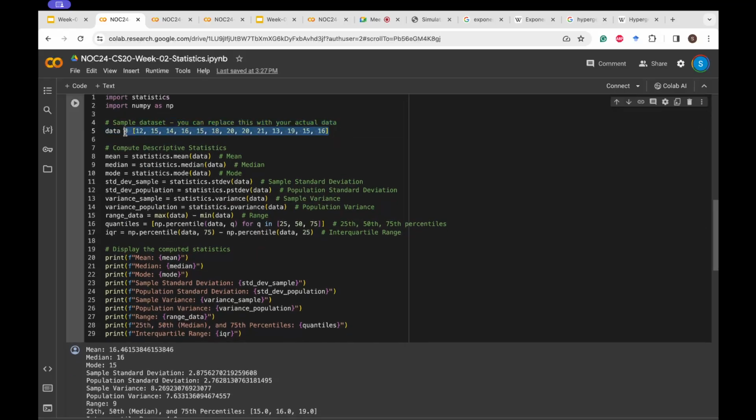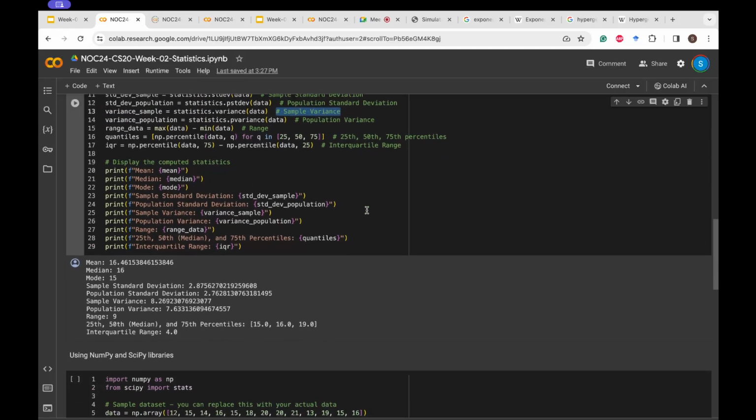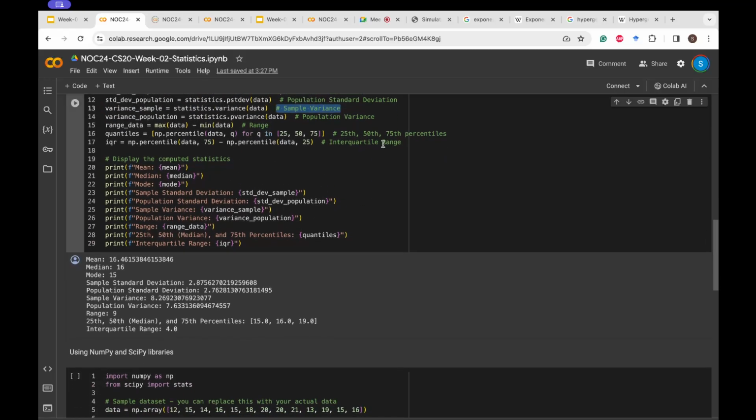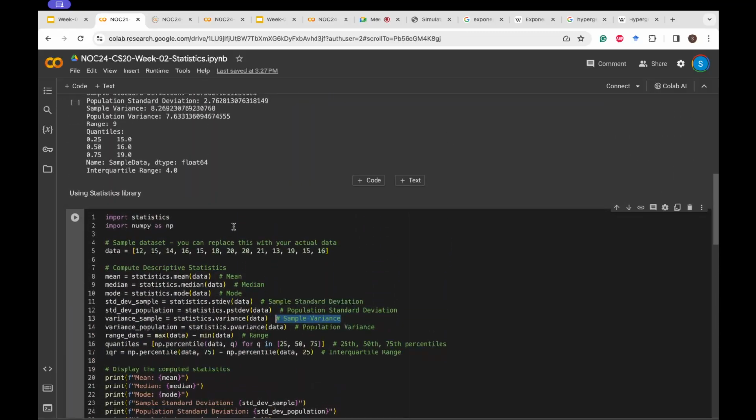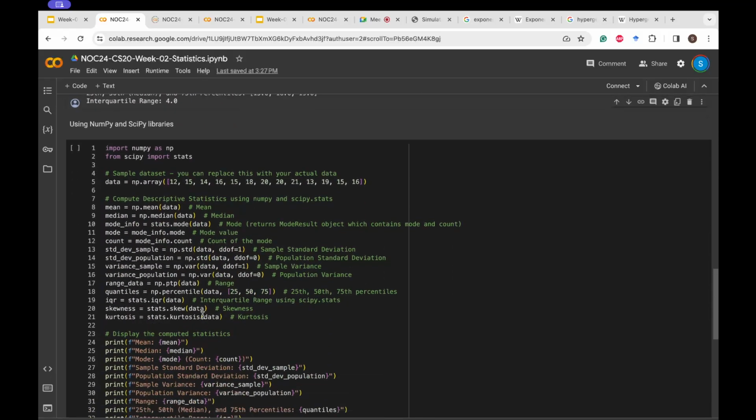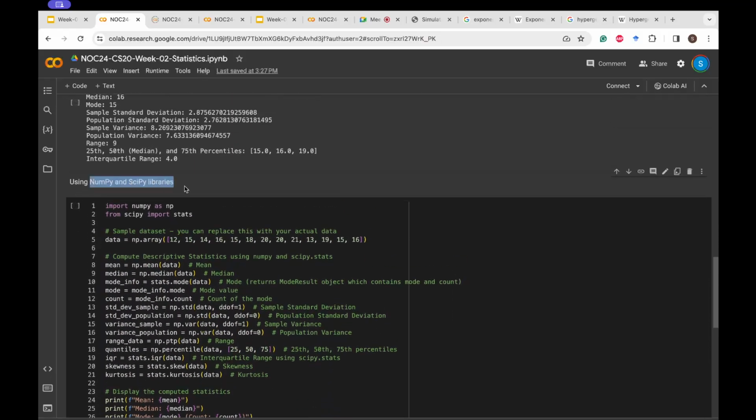There is this data list containing data points, and then you can find the mean, median, mode, standard deviation, like the sample standard deviation, population standard deviation, sample variance, population variance, and things like interquartile range, and the percentiles, like the 25th percentile or the quartiles. I have given this code, using the statistics library, and using NumPy and SciPy libraries,